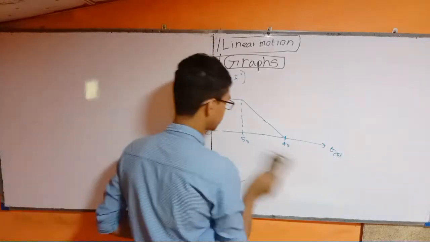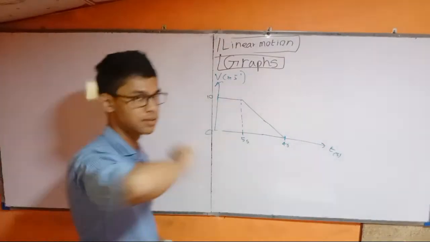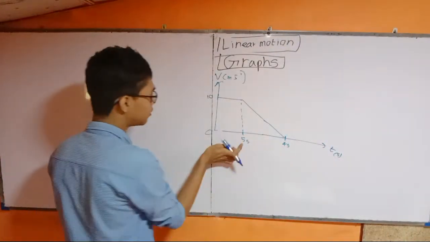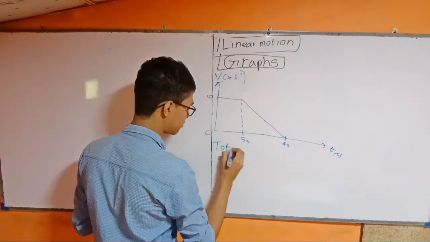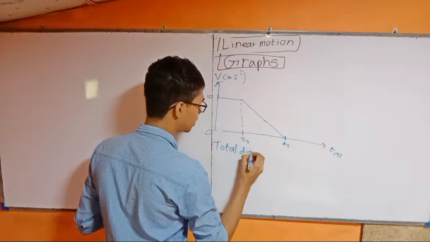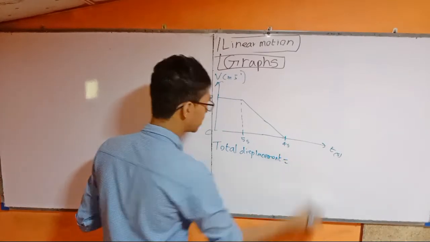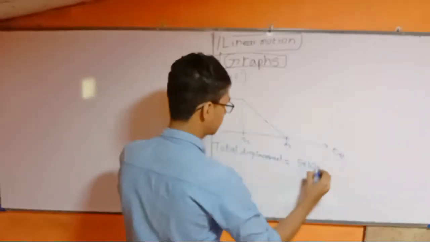So the area on the VT graph is displacement. So displacement is 5 into 10. Total displacement equal 5 into 10 plus